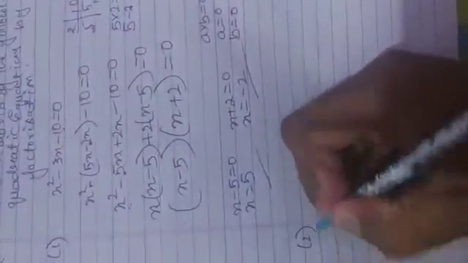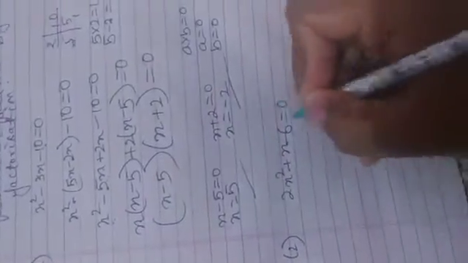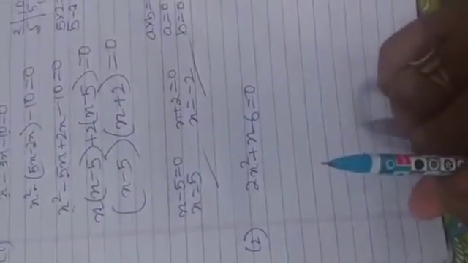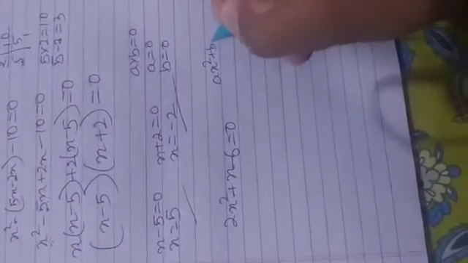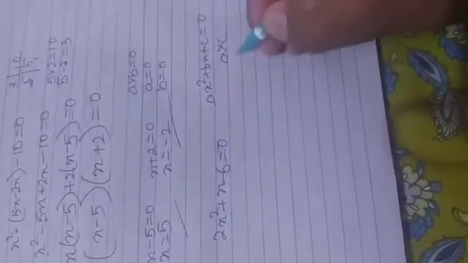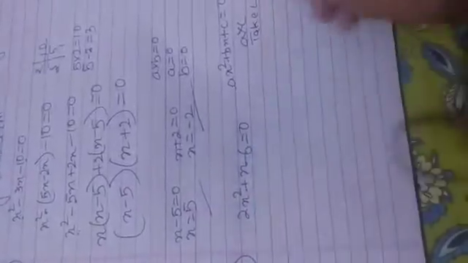See one more question, question number 2: 2x square plus x minus 6 is equal to 0. Now here also we will check. In the previous question there was no coefficient for x square. Here there is a coefficient for x square. In this case we have to multiply by the constant term c, as a quadratic equation is in the form of ax square plus bx plus c is equal to 0. So first we multiply a into c and then take factors. So a into c, 6 into 2, is 12.